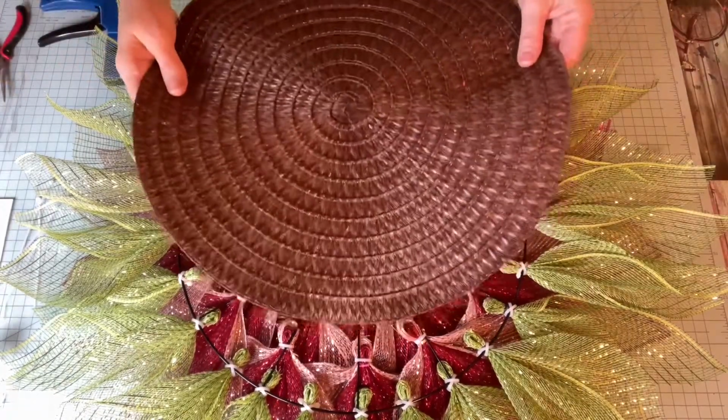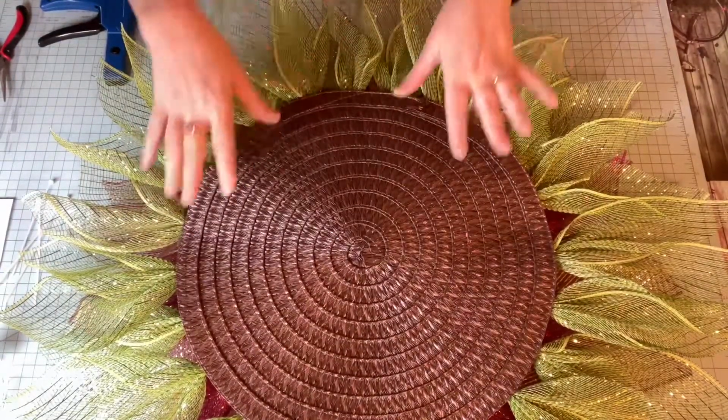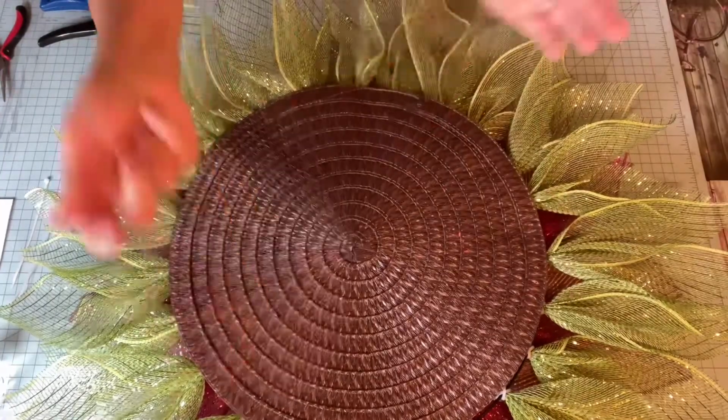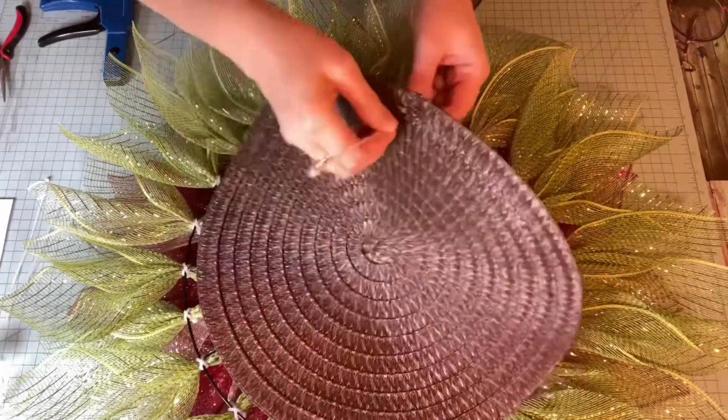This is a placemat I'm going to use. I got this from the Dollar Tree. They have them in different colors. I have quite a few of them stocked up. And it fits almost perfectly on this frame. So I just lay that over the frame, find a little place right there to run the zip tie through,